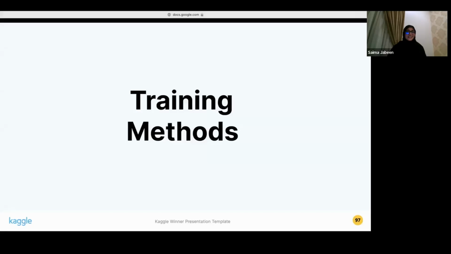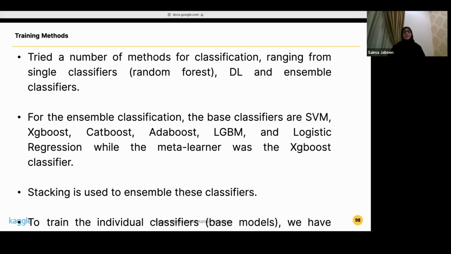Okay, the next slide. Yes, for the training methods, from the beginning we had tried single classifiers, like random forest, and others which we assembled later. Also, specifically my team member had tried deep learning, with fully connected layers and also with dropout layers because it was showing overfitting, but they didn't give us the best results. With random forest as well as deep learning, there was overfitting,